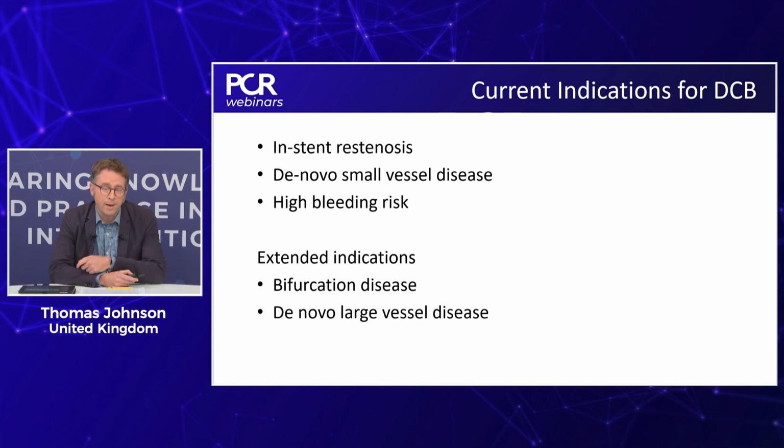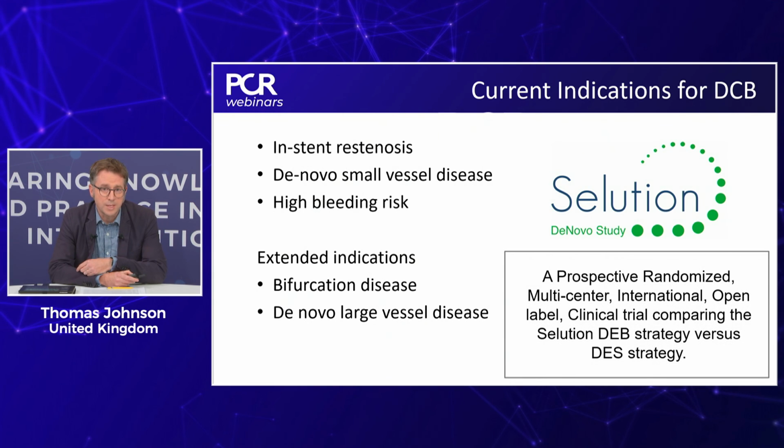And then there are extended indications, the role of DCB in bifurcation, and Gabor is going to share with us a case highlighting the role and utility of DCB in this setting. And then clearly the excitement and much of the discussion is now around de novo large vessel disease, but I